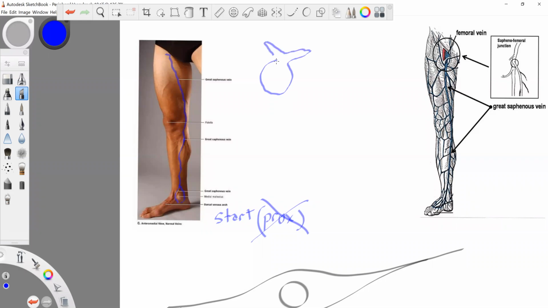You sometimes see this little bunny. I never called it the bunny, but I guess Dr. G did. It does look like a bunny, if this is the right side, the right leg. That's the great saphenous vein. And actually this one is this one. Looks like right there is the